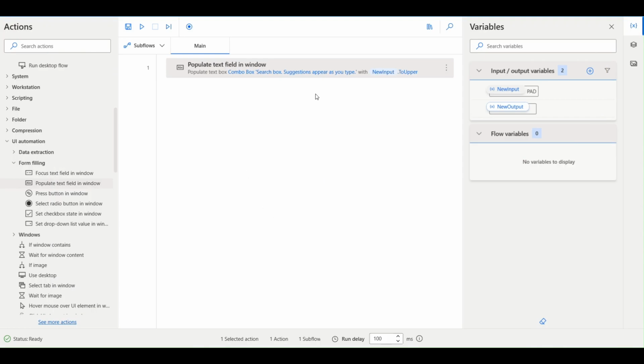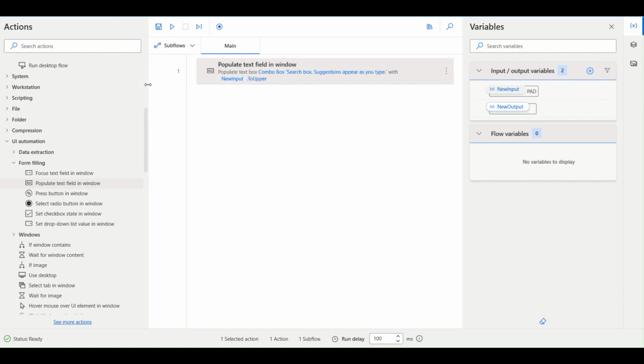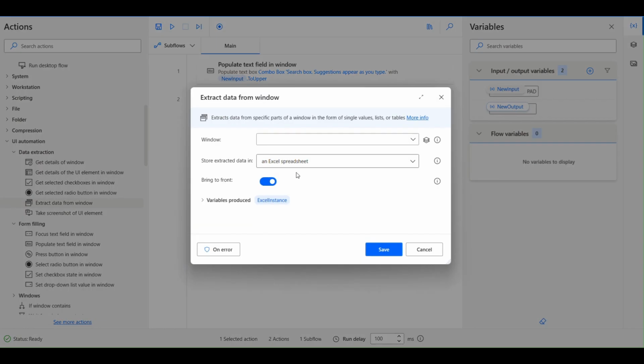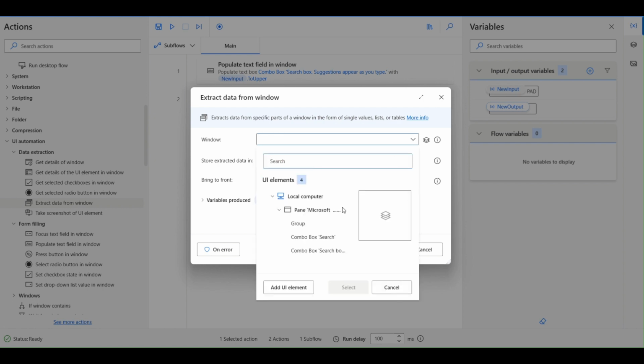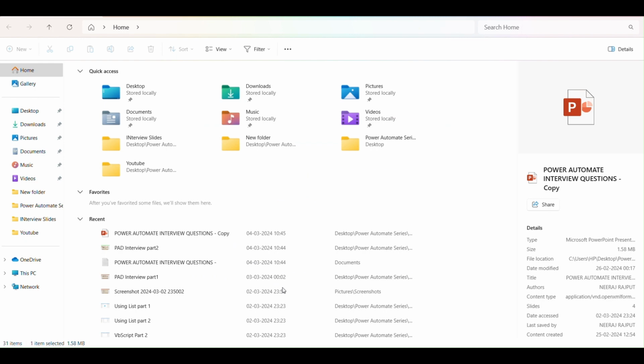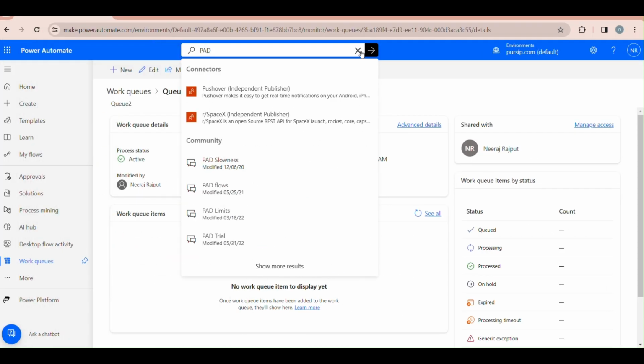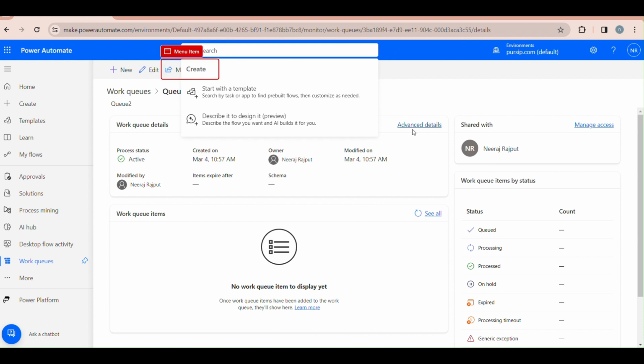So basically, this is a scenario based question. Again, if you have used it, you can tell it. In data extraction, if I go to Extract data from window, basically there are two outputs. One is the Excel spreadsheet, and the second is the variable. So how it works is, if I go to add element, and I spy this window,